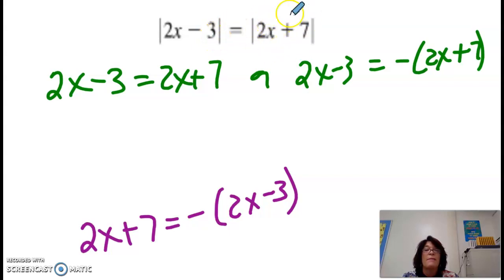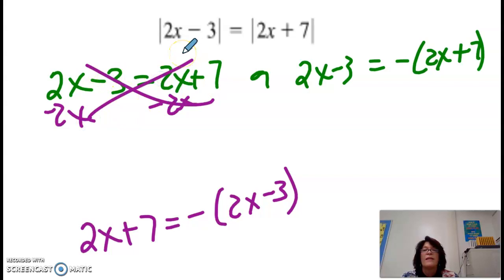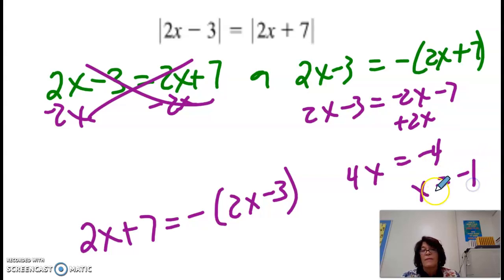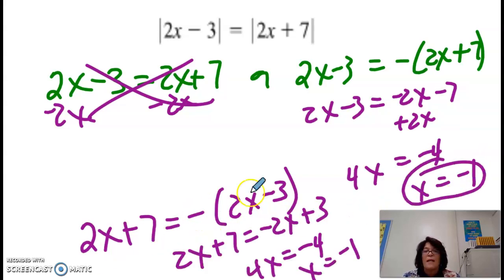If I start with this one, I get 2x minus 3 equals 2x plus 7. So, okay. Oh, well, here I'm subtracting 2x. That just, nothing happens there. I get no solution. Here, though, 2x minus 3 equals negative 2x minus 7. If I add 2x to the other side, 4x, add 3, x is negative 1. The rest quick here, you get